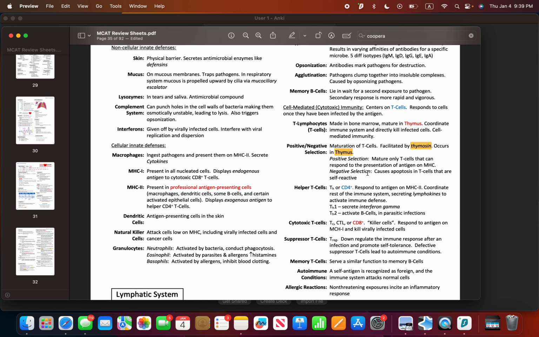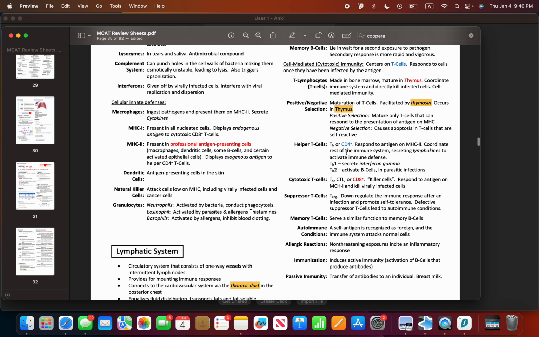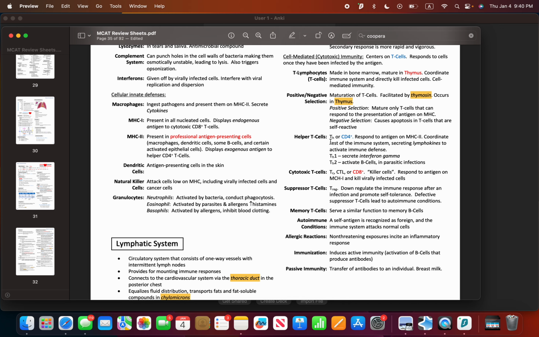MHC, but negative selection causes apoptosis in T cells that are self-reactive. So if they cannot detect self antigens, and they react to our self cells, then apoptosis of T cells happens, and basically they die because they're useless, and they can even harm our body with autoimmune diseases. Now we have helper T cells,